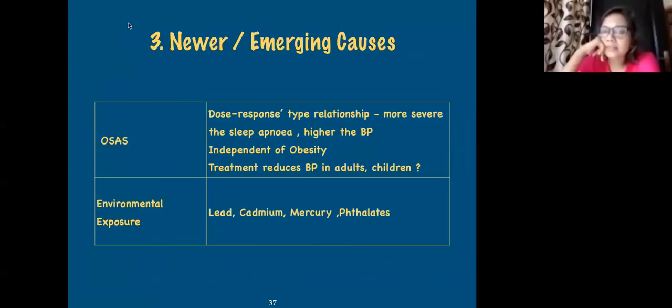One thing which you should remember, especially in obese, overweight adolescents, is obstructive sleep apnea syndrome. This actually has been found to have a dose-response type of relationship, which means the more severe the obstructive sleep apnea, the higher the blood pressure, and it needn't be directly proportional to the level of obesity. It has been proven beyond doubt that if you treat obstructive sleep apnea, it can reduce blood pressure in adults. In children, there has not been much evidence, but you should keep this in mind, because when you deal with an individual patient,